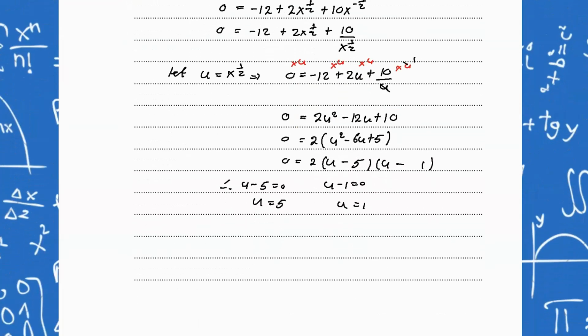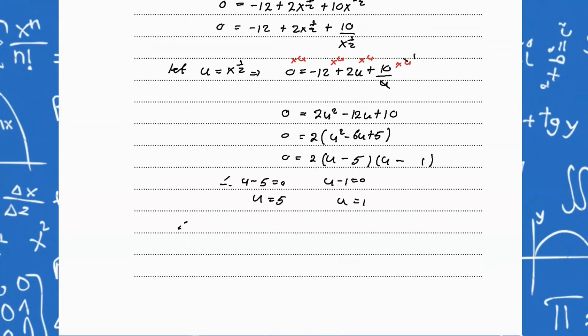Now u was x^(1/2), therefore x^(1/2) is equal to 5, which leads us to having x equal to 5 squared, which is 25, and x^(1/2) is equal to 1, which leads us to having x equal to 1 squared, which is 1. So these are the two possible values of x,